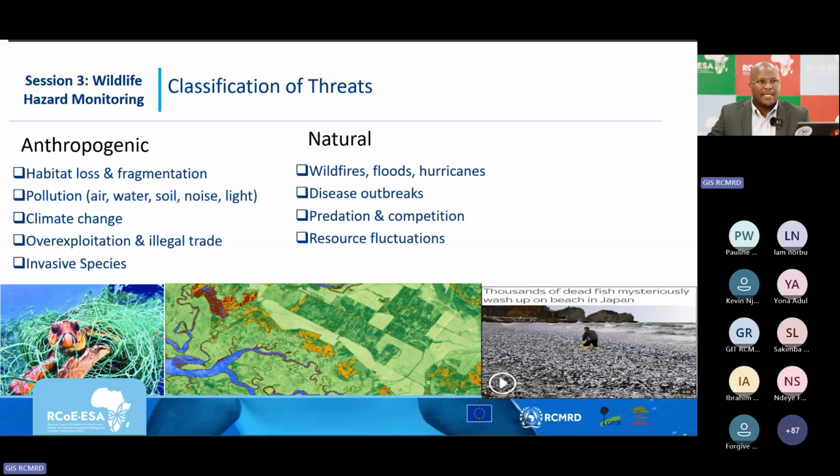So how are these hazards classified? We have anthropogenic hazards, which are caused by human actions, and we have natural hazards. Which are the anthropogenic? Anthropogenic may include habitat loss, and may include pollution. Habitat loss is because of land use change, because of fragmentation,